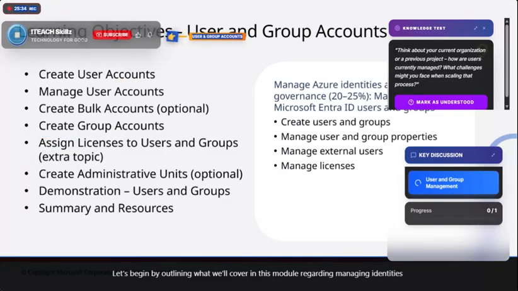Let's begin by outlining what we'll cover in this module regarding managing identities within Azure, specifically focusing on users and groups. Think of it like organizing a team. You need to create individual accounts for each person and ways to group them together based on their roles or projects. This ensures the right people have access to the correct resources, which is fundamental for security and efficiency in